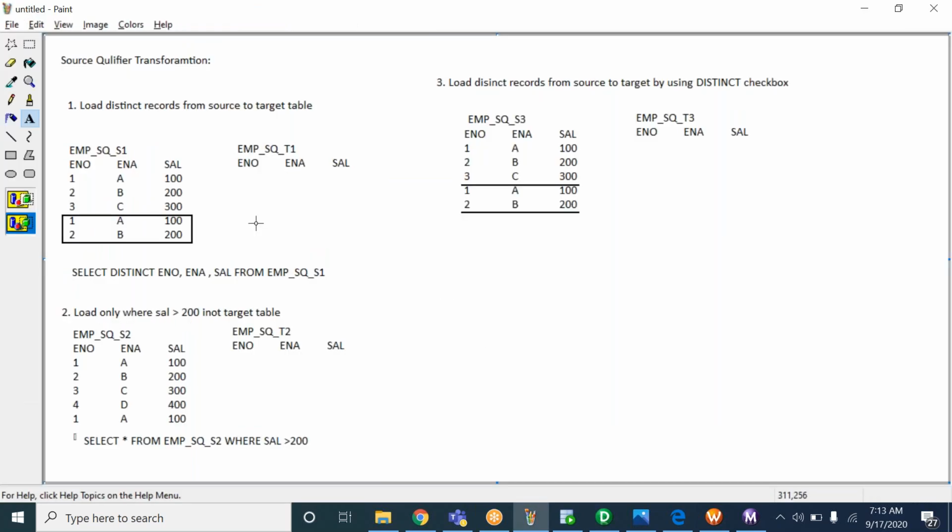Suppose in a table there are 100 columns, let's say employee number, employee name, salary, phone number, email, address, and so on.